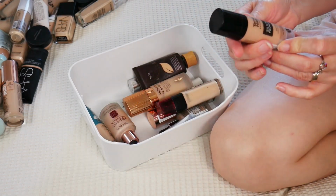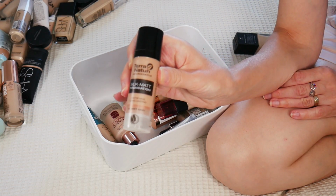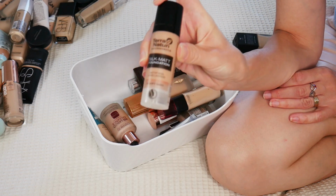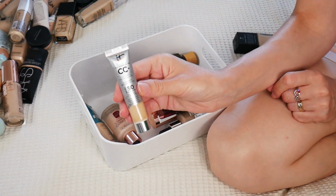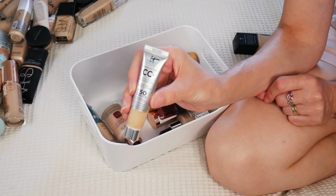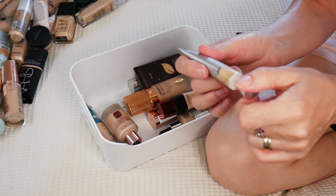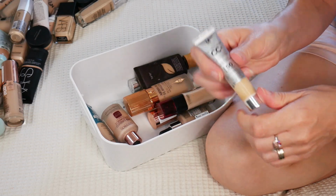Then I have this Terra Naturi Silk Matte Foundation. I bought this in Vienna. It's a natural brand, but I don't like the way this foundation oxidizes on me, so it's a go. I have this one from It Cosmetics CC Plus. This is the original one in travel size. I have just a little bit left and I find that the formula is starting to be quite yucky,